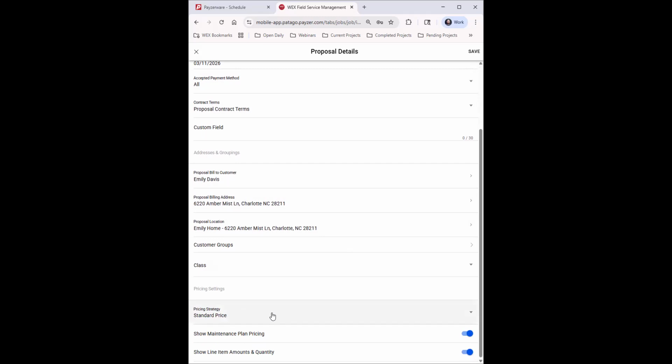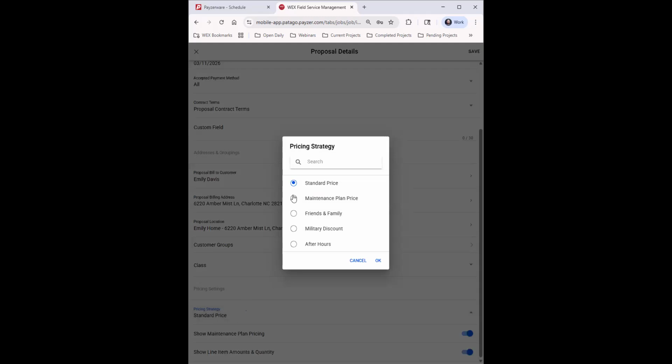I do get that question a lot. How do I add a discount? I got this person who's in the military. I want to give them a military discount. Pricing strategy is here. You tap that, and then any additional pricing strategies that you've set up in your system, you will be able to select from here. And these are customizable. You have 3 modifiers that you can set up. That does need to be set up from the desktop side,